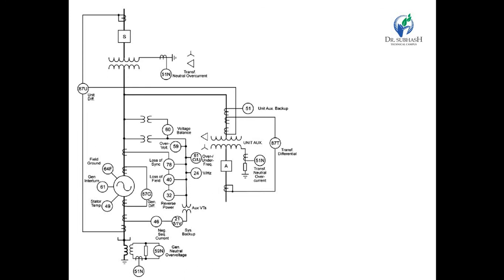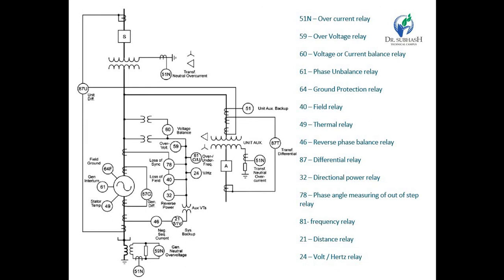There are many schemes and protection relays connected with the whole generator SLD, single line diagram. So these are the numbers which are displayed on the control panel and the SLD diagram also. So students have to study the SLD and refer to the relay numbers. First of all, this generator scheme has many types of protection schemes, where this is a generator and we connect it with these protection schemes.